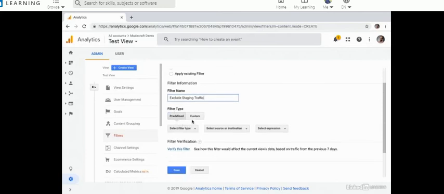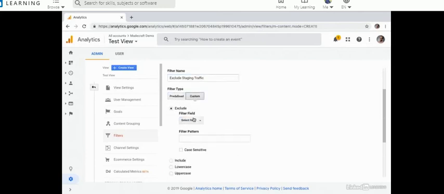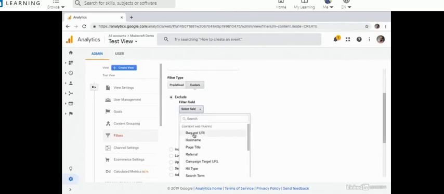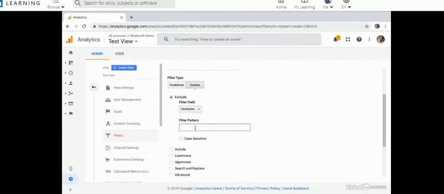We'll start by selecting Custom from the filter type, and from the filter field, we're going to select hostname from the dropdown. Now we need to create our filter pattern using a regular expression. Let's say that we have 2 sites, one at dev.oursite.com and one at stage.oursite.com. We'll start by creating the first. I'll use the caret and dev, and the caret indicates that dev will be at the start of the string. We then need to use a slash because when we use that period,